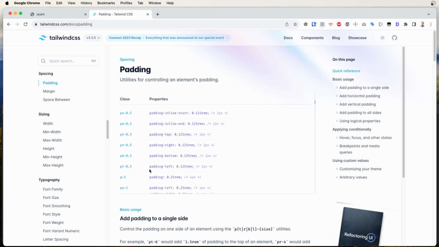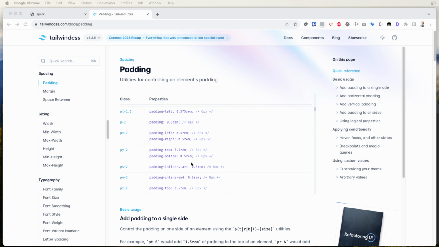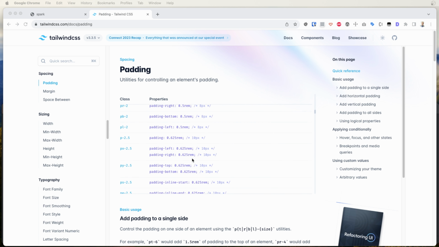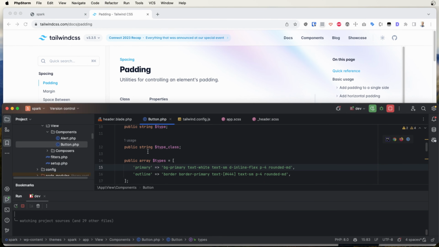So let's remember we needed for the buttons 0.75 rem for the top and bottom and 1.69 for the sides, so you can scroll here and find the value you need. So 0.75 rem is padding y-3. So you can just either copy that or remember,